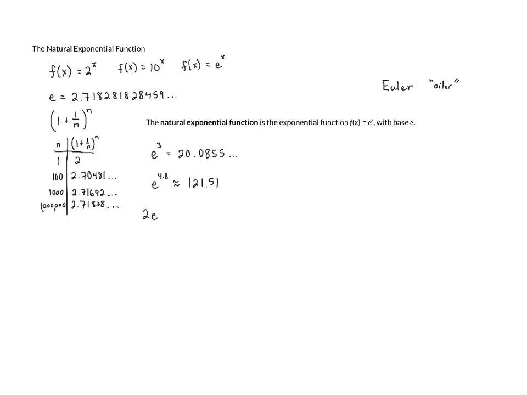And we might see this within the context of a larger problem. So we might have something like 2e to the negative 0.53. In this situation, what I would do is figure out what e to the negative 0.53 is, because we know we have to do exponents before multiplying. And when you do that, you end up getting about 0.5886 on your calculator, and then you can multiply that by 2, and when you multiply that by 2, you get approximately